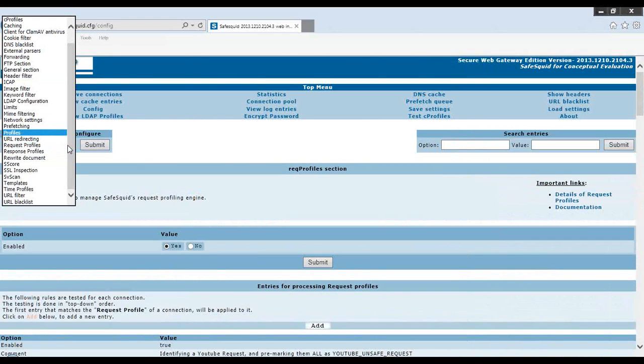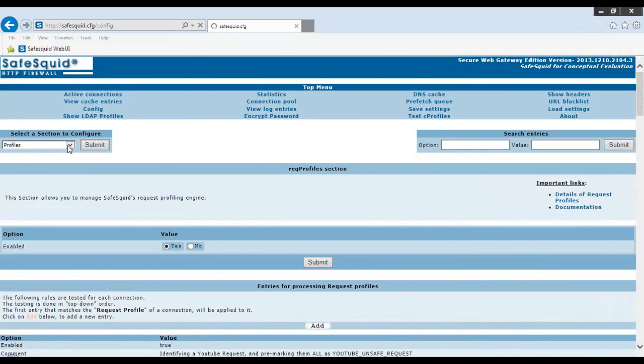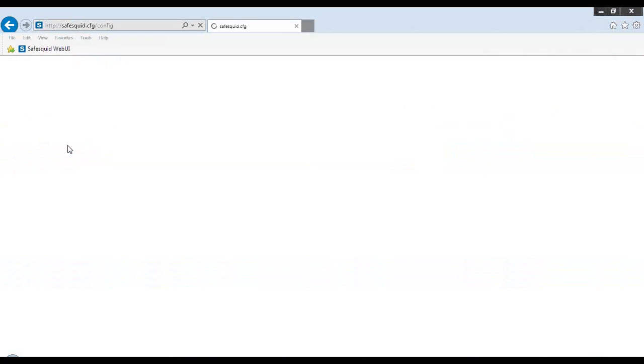I'll just go back there quickly. And in that profiling section, I have demarcated Google Safe Search, Google Unsafe Search, and I have created a policy there which profiles the unsafe search appropriately.